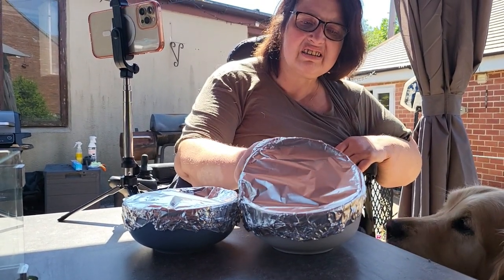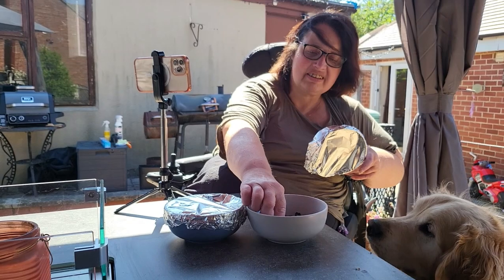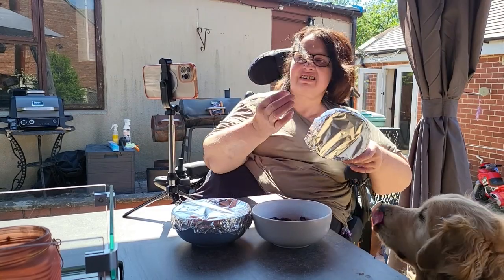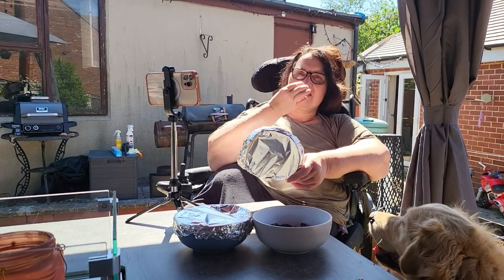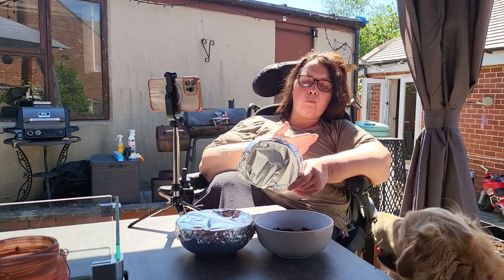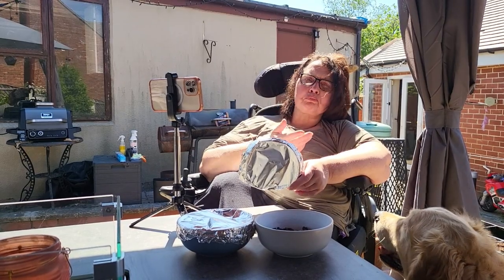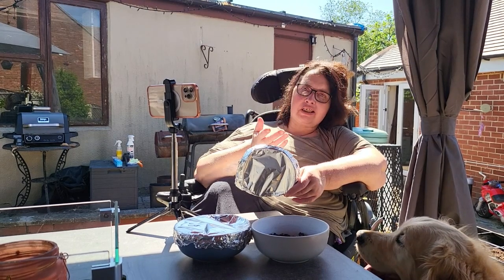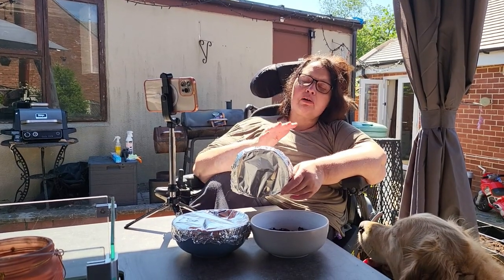Oh, well, the dogs are here. If I fail, they won't be getting any of this. Pork candy. Okay. Broke a little bit off. And this is the mild. Okay. When I've eaten this, sampled it,